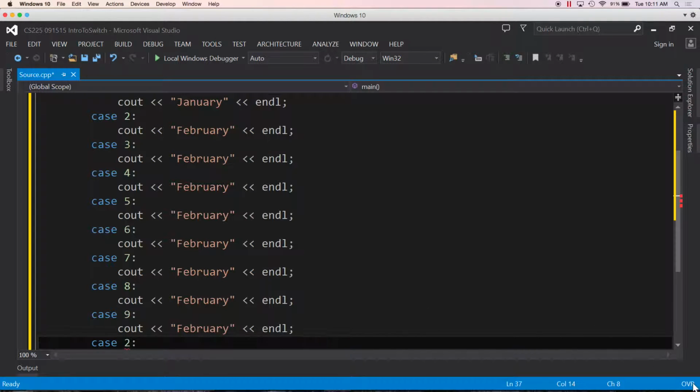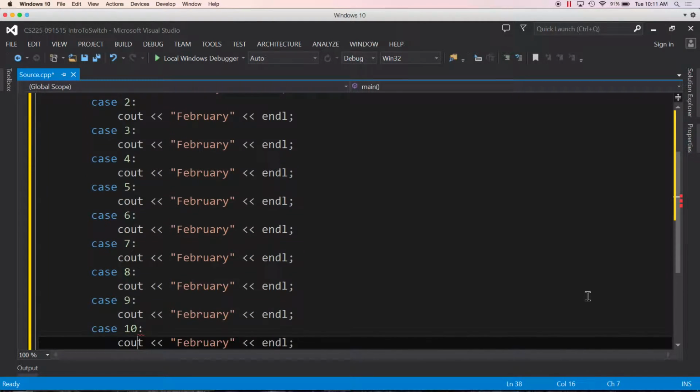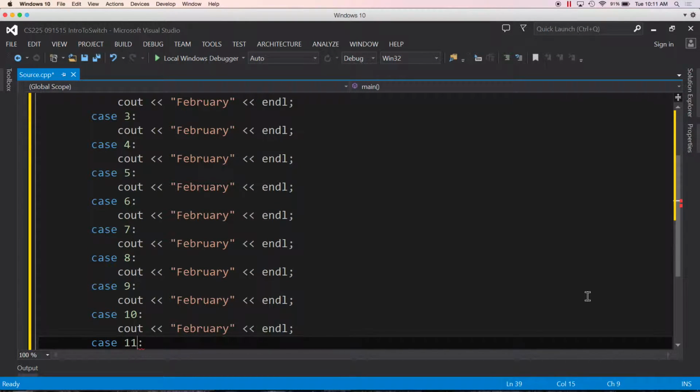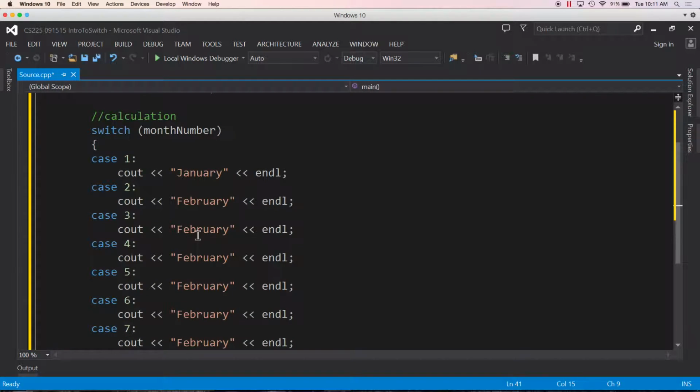So I'm going to go back over here to OVR, double click to the insert mode, and then I'll just get rid of this and type in 10. This will be 11, and this will be 12. All right, and then in terms of the months, I'll just double click March, April, May, June,